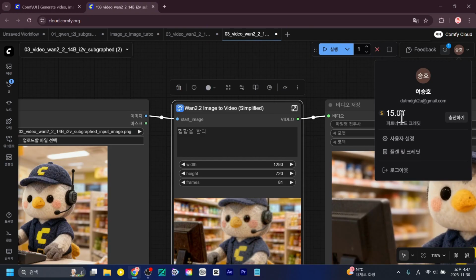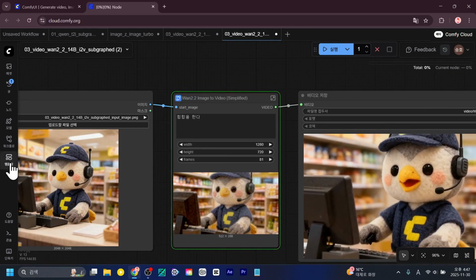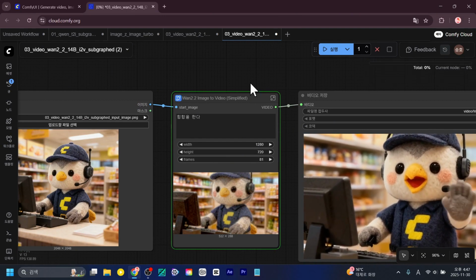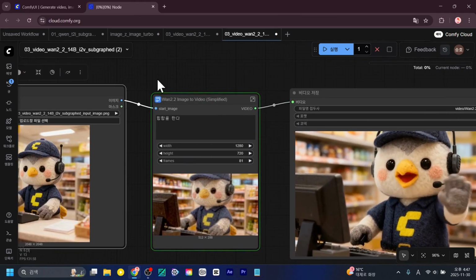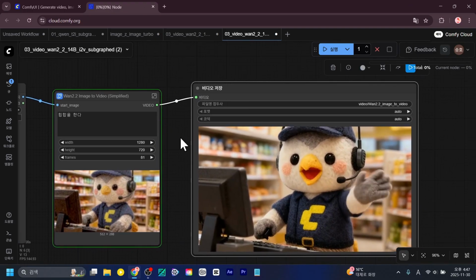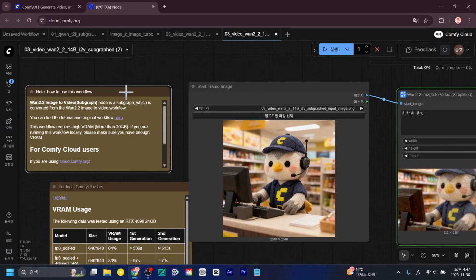Next, I check to make sure that credits are not being used up. So when you're using the features in the template, if you see a dollar sign at the top, it means it will cost money, and if there's no dollar sign, you can use it for free. So you can distinguish between free and paid features that way and use them accordingly. Of course, besides that, you can also use other models, so just use them as needed.